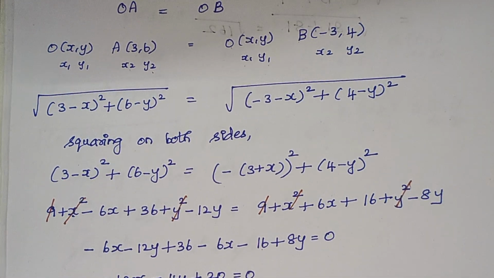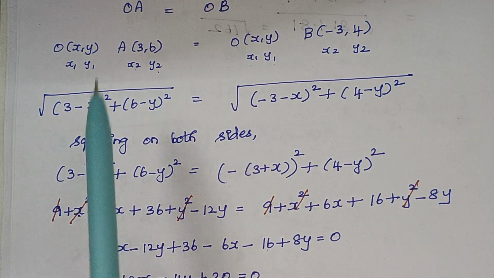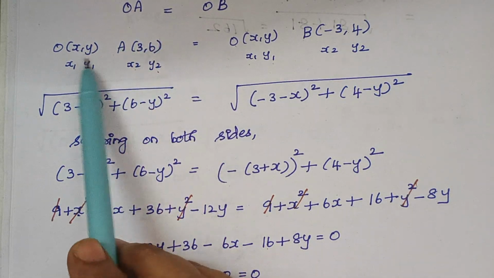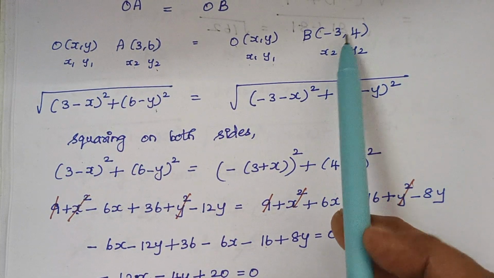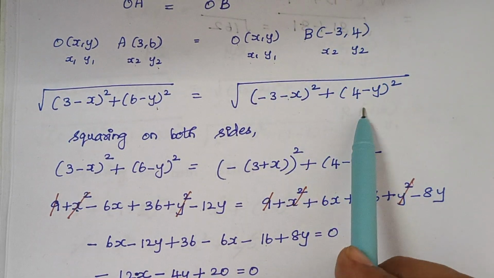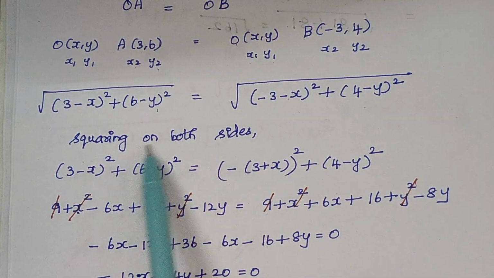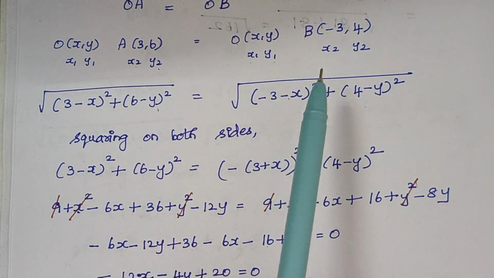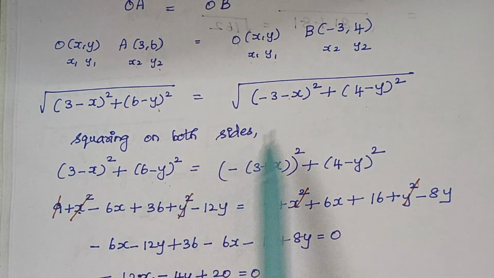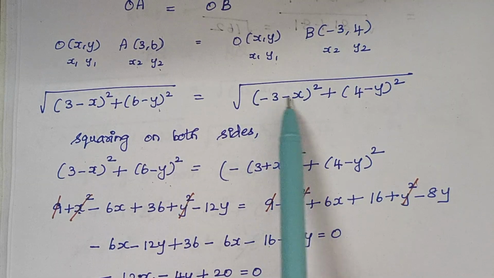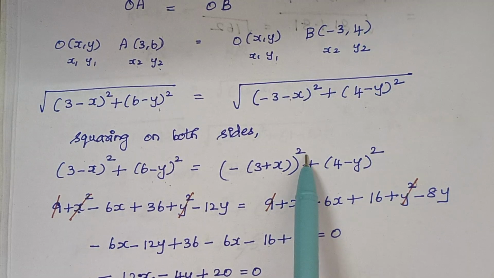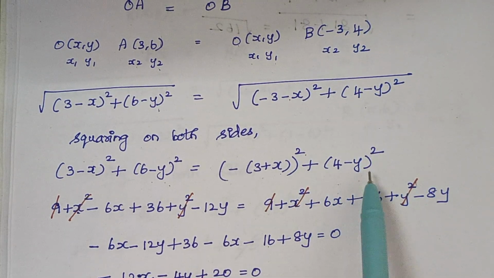Now we are going to substitute these terms in the formula. So again 3 minus x the whole square plus 6 minus y the whole square. And here it is minus 3 minus x the whole square plus 4 minus y the whole square, right? So squaring on both sides, this removes the square root. So the terms are 3 minus x square plus 6 minus y square. And here it is, you see I have minus as common term. So when I take minus outside, this becomes 3 plus x the whole square plus here 4 minus y square,